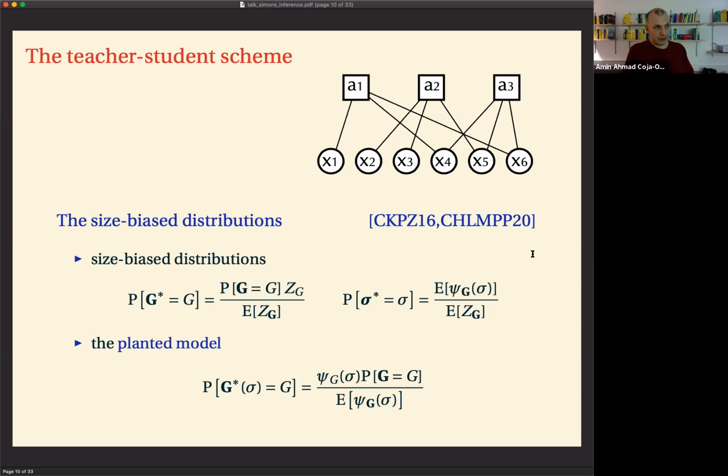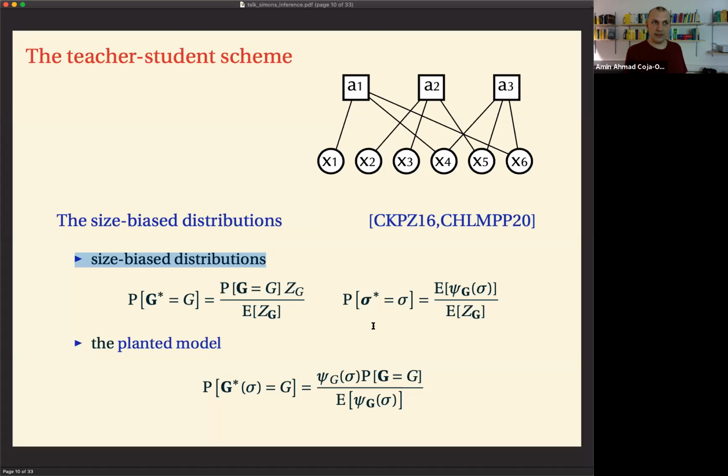Namely, we can introduce size bias distributions on graphs and on assignments. To introduce the size bias distribution on graphs, we simply say that the probability that a specific graph comes up is proportional to the partition function of that graph. So the larger the partition function, the more likely it is for a specific graph to come up. And